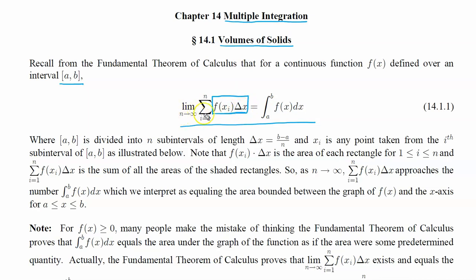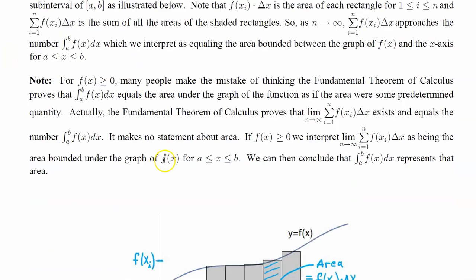So when you take the limit as n goes to infinity, remember this summation here turns into an integral. The delta x turns into your dx, and the f of x sub i just becomes f of x. So this is from the fundamental theorem of calculus. Now just remember that this quantity right here, or in particular the f of xi times delta x, that represents the area of rectangles as we have down here illustrated.